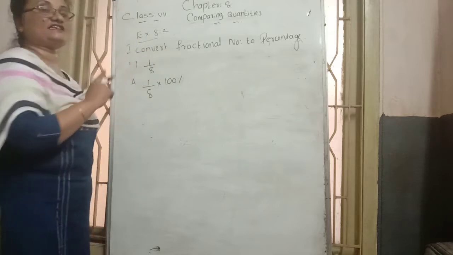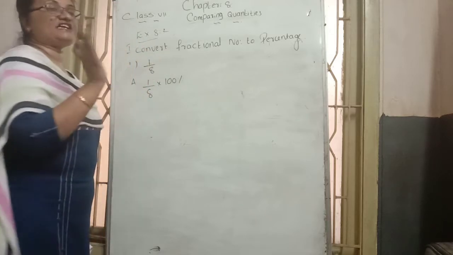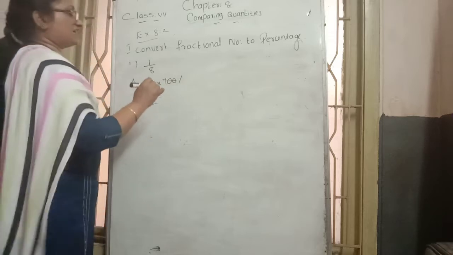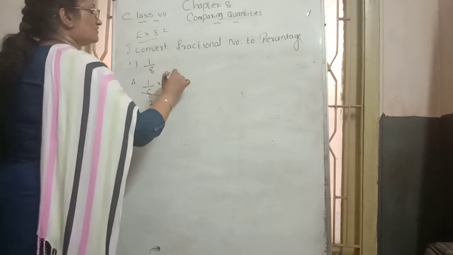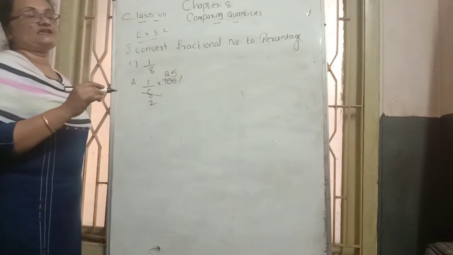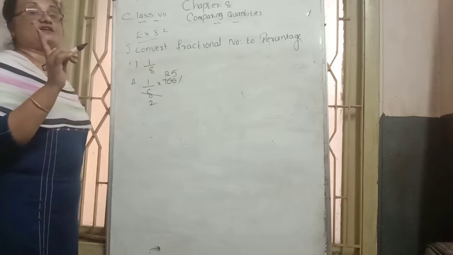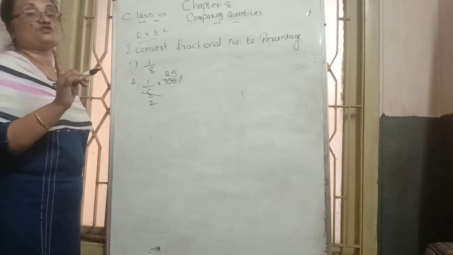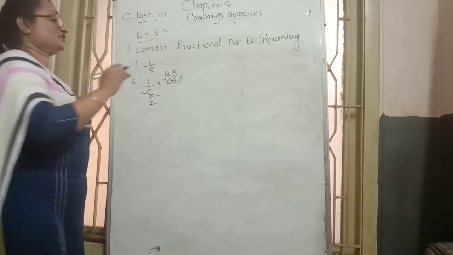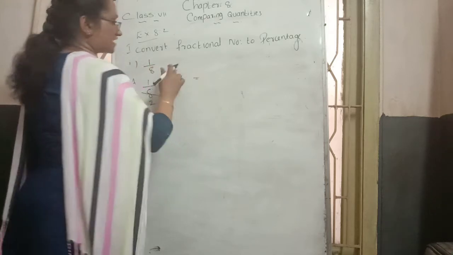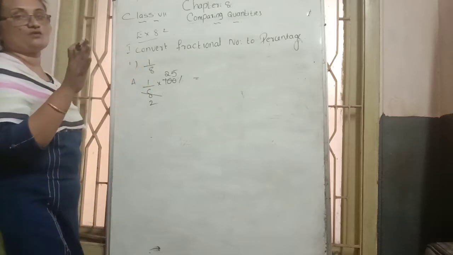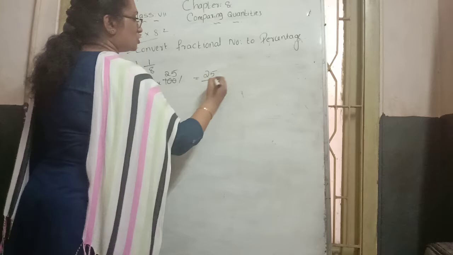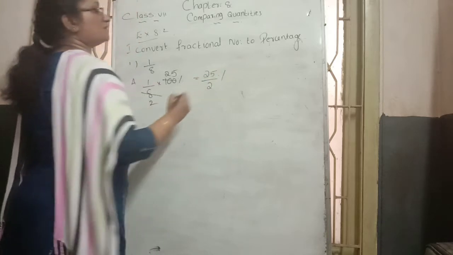Remember, always be like that. Cancelling 8 directly is not possible. So, 4 table: 4 twos are 8, and 4 into 25 becomes 100. So cancel after. The same table must be used for cancelling numerator and denominator. Only then do we get an equivalent fraction. So 1 in the numerator. Again cancellation, 2 table and 25 not possible. So numerator into numerator is 25, and denominator 2, so it is 25 by 2.